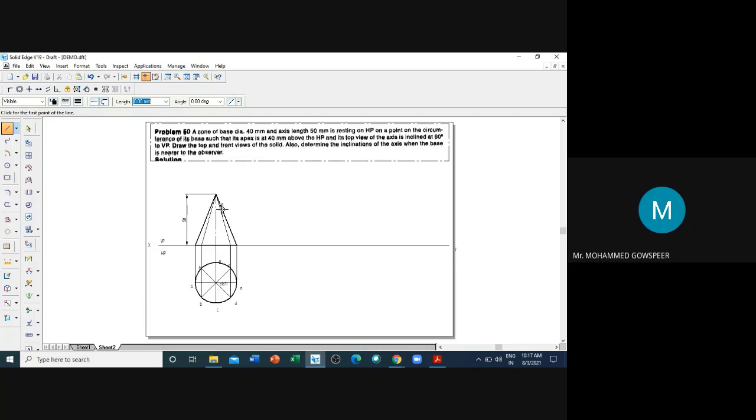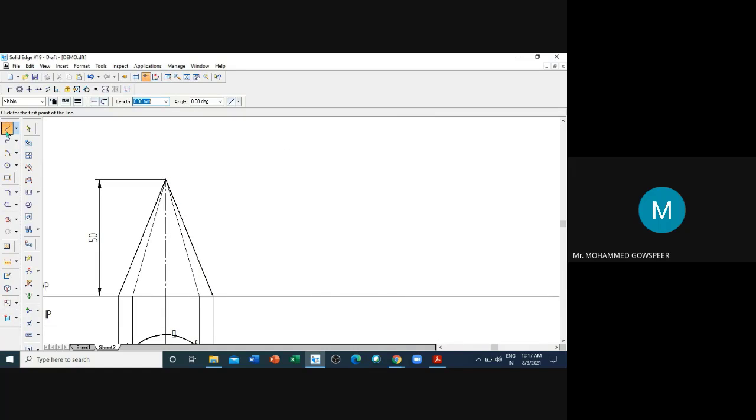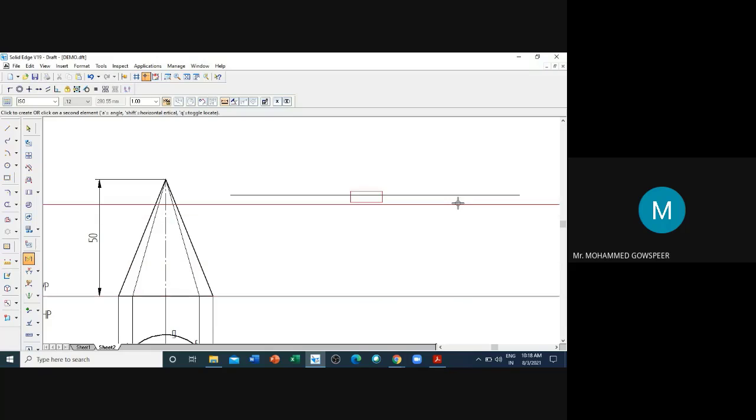Now this is the apex point, and it is 50 mm above HP. Now we have to rotate it till it comes to 40 mm above HP. Now we'll zoom this portion. I will select a thin line, normal line style, and draw one line. The question says it must be 40 mm above HP.